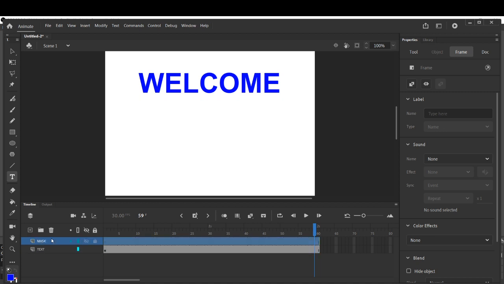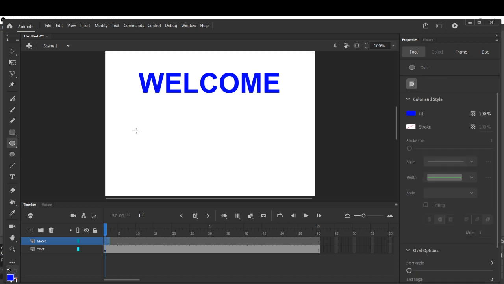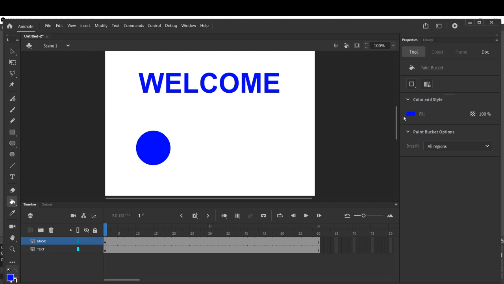Once you have inserted a new layer and renamed it, click on frame 1, and first draw a shape which will mask the text. So I am going to draw a circle. Change its color, children. So now the color is also changed.